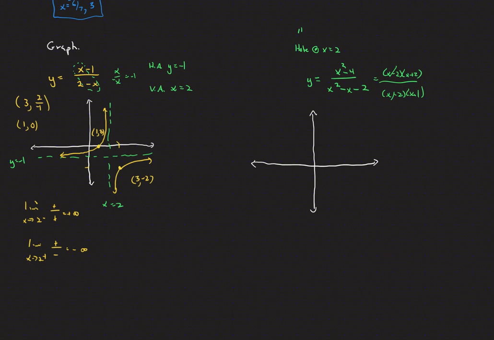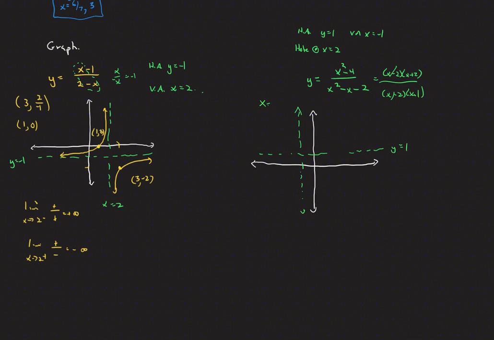We're going to get a horizontal asymptote at y equals 1, and we'll get a vertical asymptote at x equals negative 1. So here's going to be our horizontal asymptote, and here we will put in our vertical asymptote of